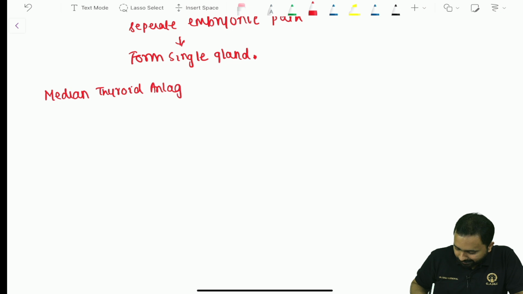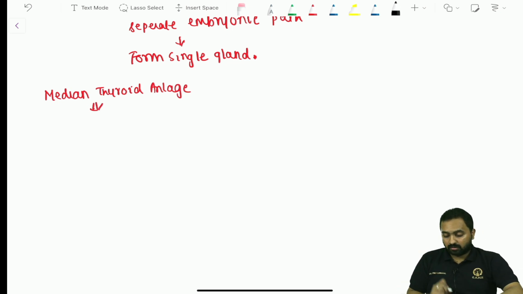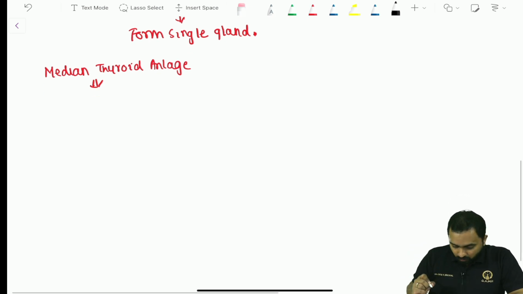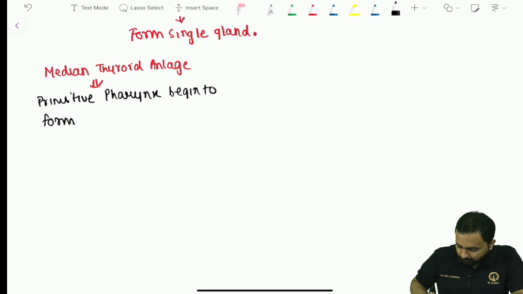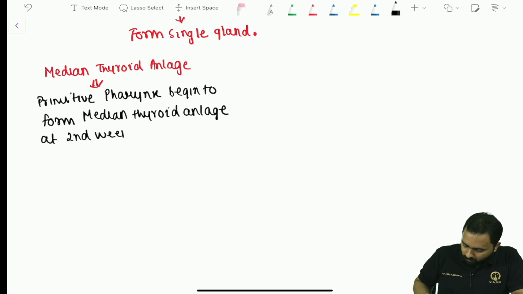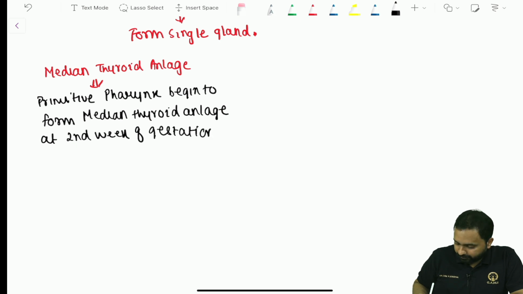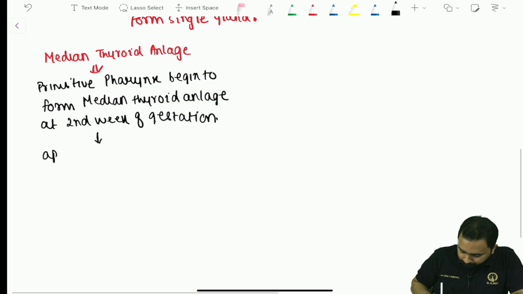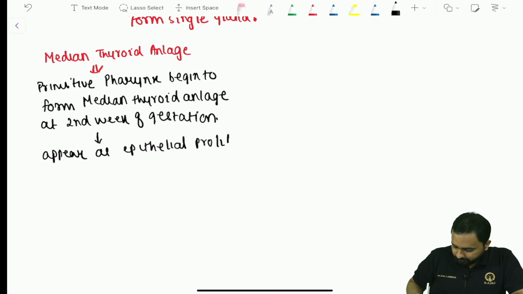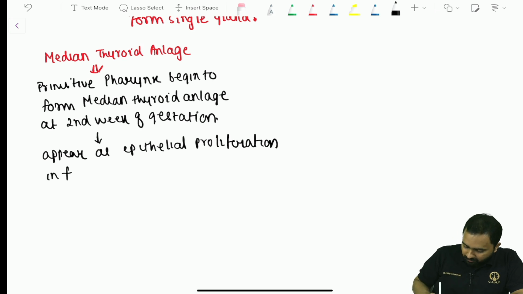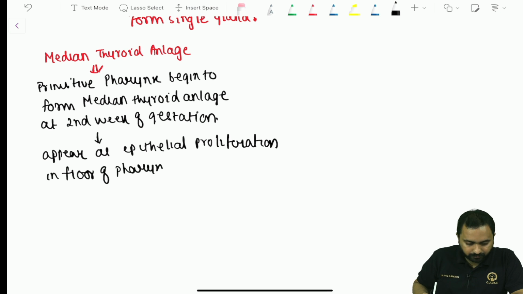thyroid anlage. Now what is the development of this median thyroid anlage? Now the primitive pharynx begins to form the median thyroid anlage at your second week of gestation. Right. Now they appear as your epithelial proliferation in the floor of pharynx between